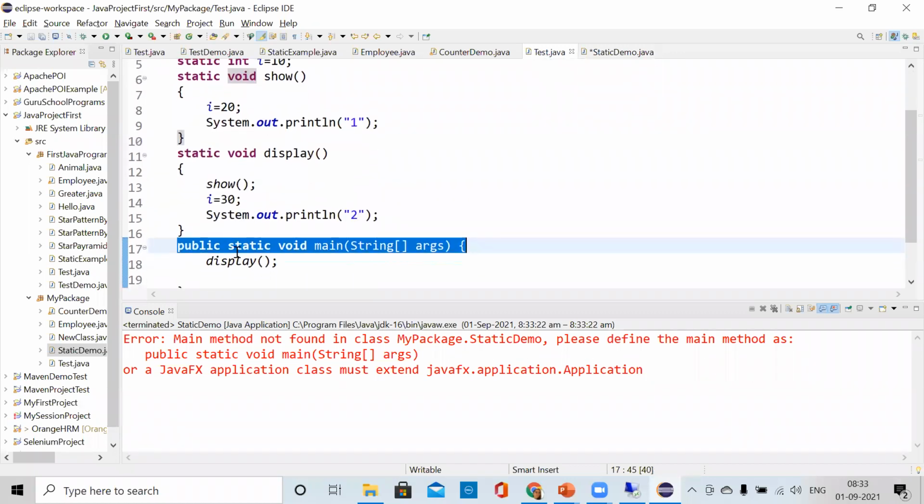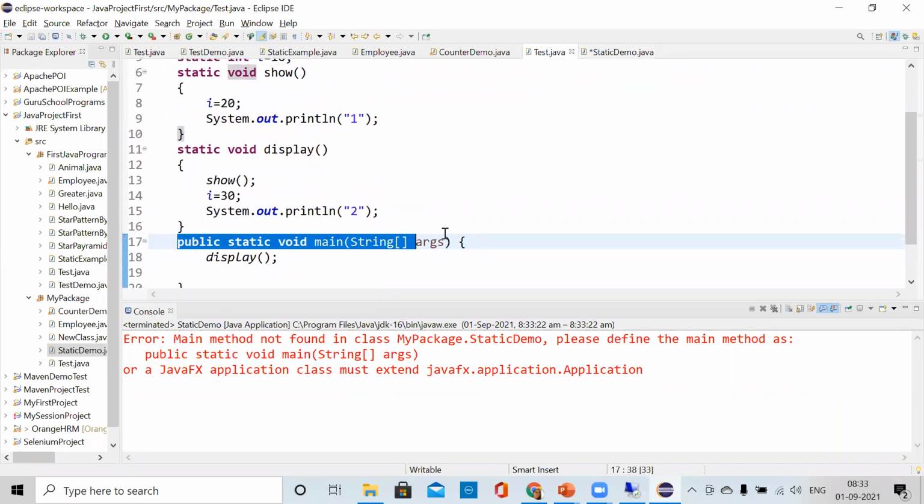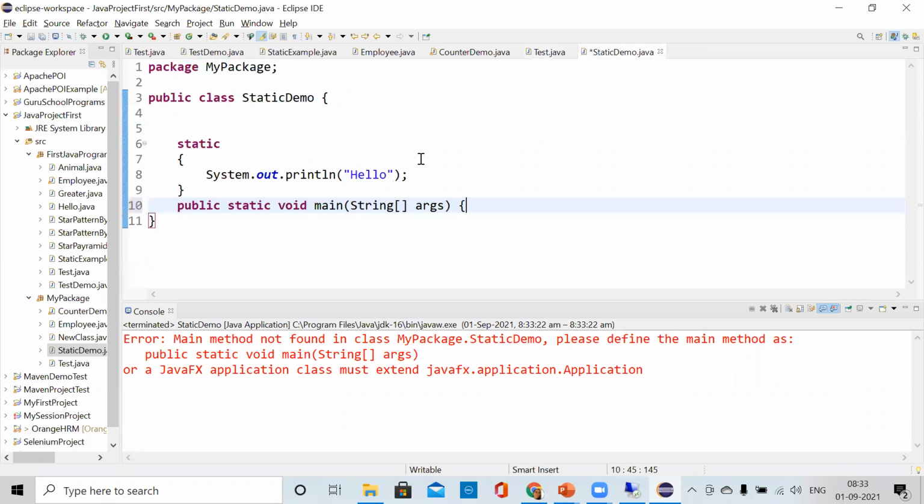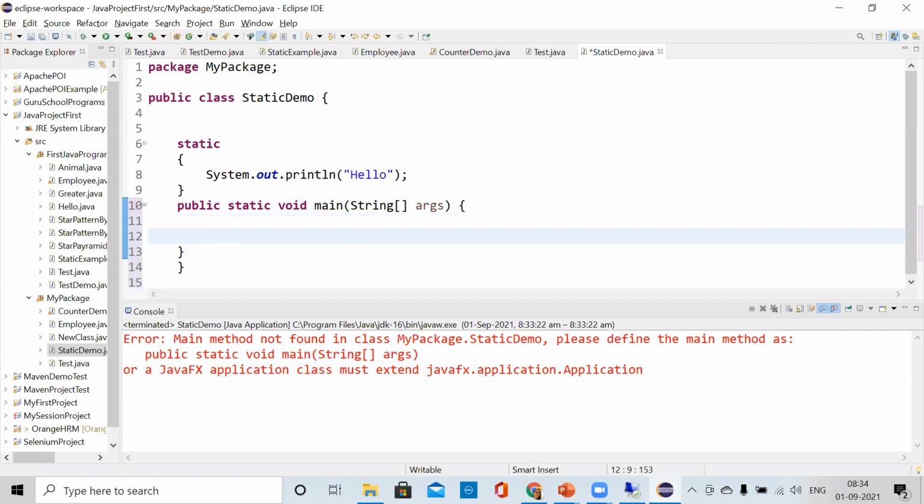This is going to work when we use inheritance, because when you inherit the parent class, the static block will come automatically when you call that class. Correct. That we will learn in inheritance. You're absolutely correct. But right now, what I wanted to tell you is that static block will be executed automatically. That is the main thing which I wanted to tell you.